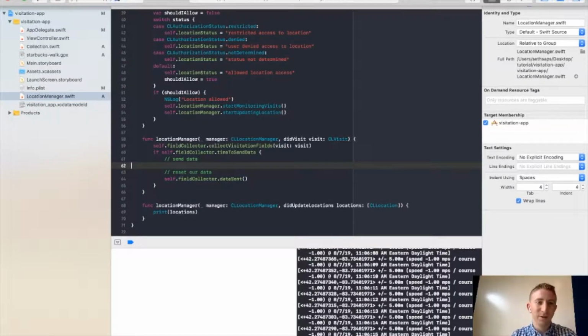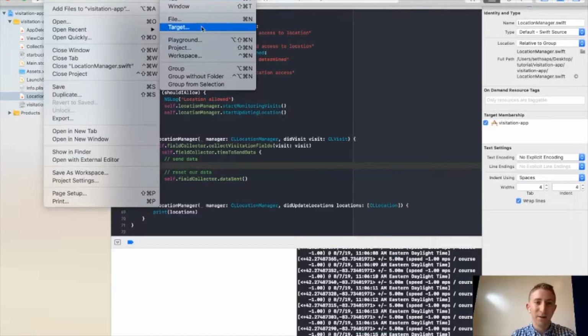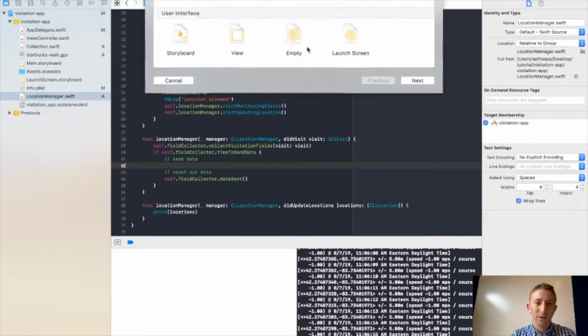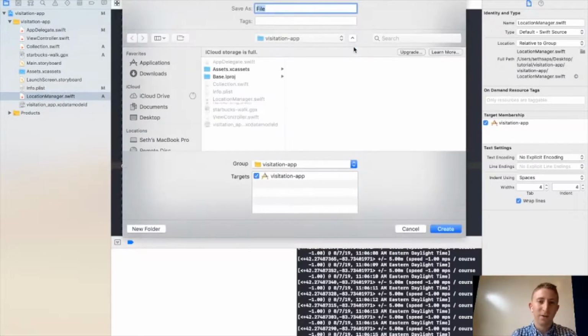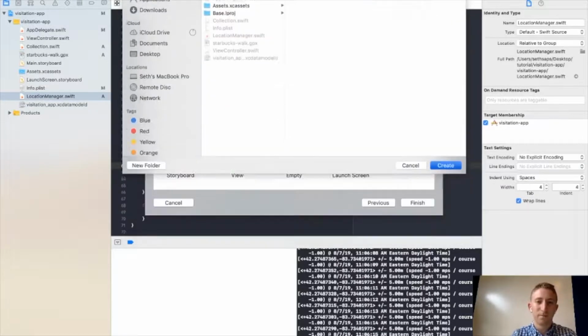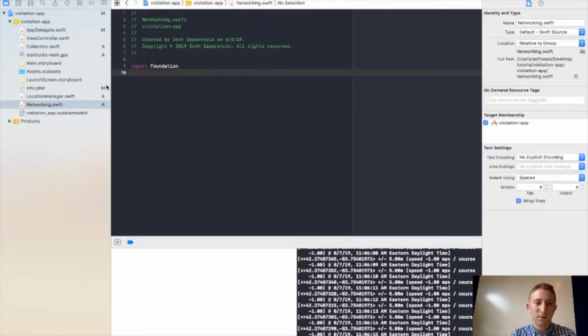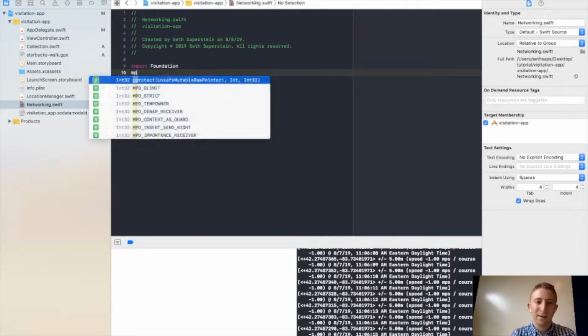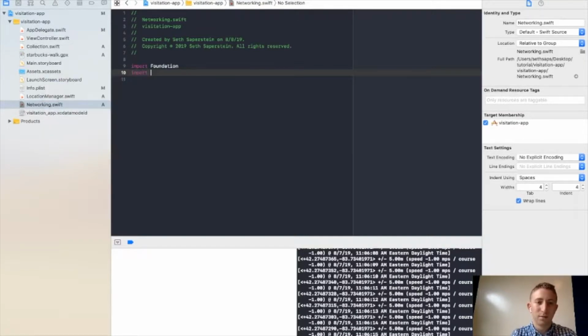So the first thing we're going to do is go ahead and make a new file. We're going to create a Swift file, and we're going to call it Networking. Okay, and go ahead and import UIKit. And we're also going to create a class. And let's name this Networking